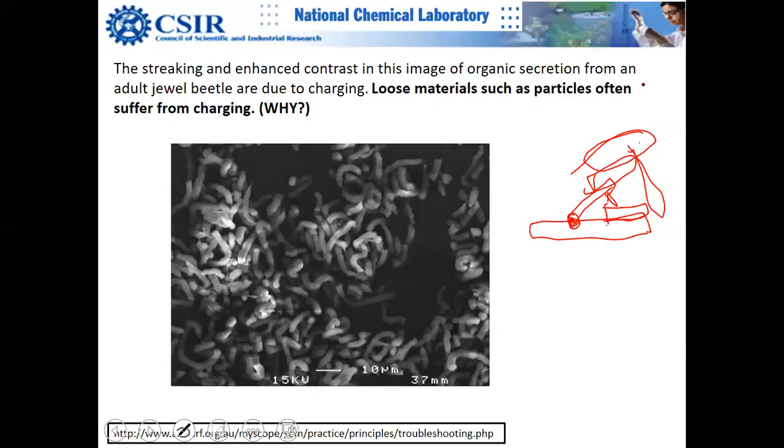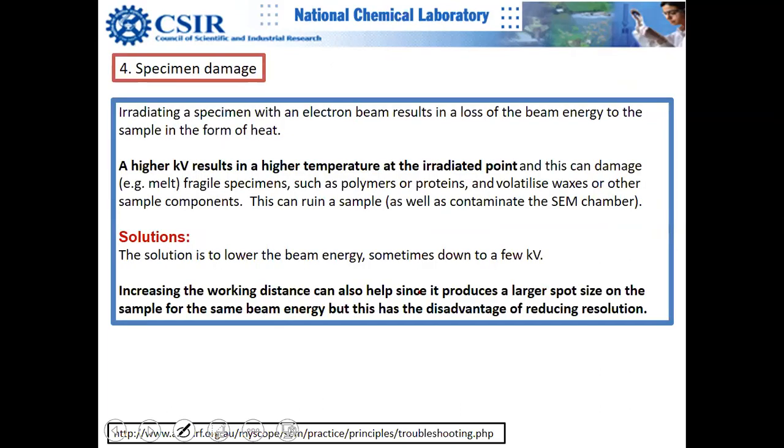Serious thing. So now I hope it is clear that loose materials will suffer from charging because they are not properly grounded, basically. So they will keep on accumulating the charges. You can see that some of those particles which are here don't show charging, but some of the particles which are placed on the top are not properly grounded. This is carbon tape, I believe. I don't have much information about this sample preparation, but this is the normal